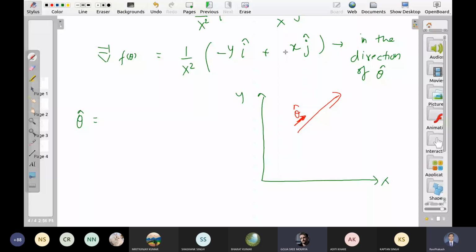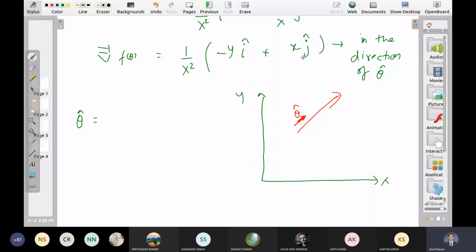Sir, function by mod of that function. Mod of that function, right? So this is some vector. Although इसकी length 1 नहीं है, but we can make it 1. How to make it 1? Just divide this vector by its magnitude. इसी वेक्टर को इसके मैग्नीट्यूड से डिवाइड कर दीजिए.